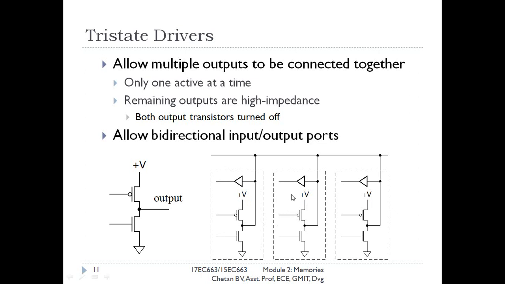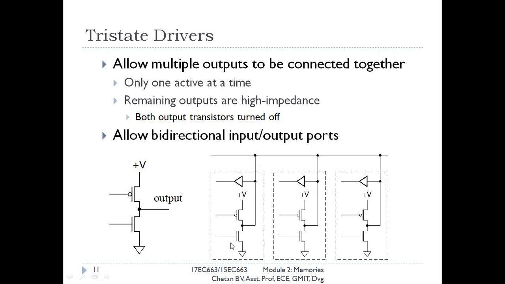If there are n data lines, for each data line we should have this mechanism. So in this diagram, if we assume there are 3 data lines, for each data line we have this mechanism. This will be the common line for all 3.